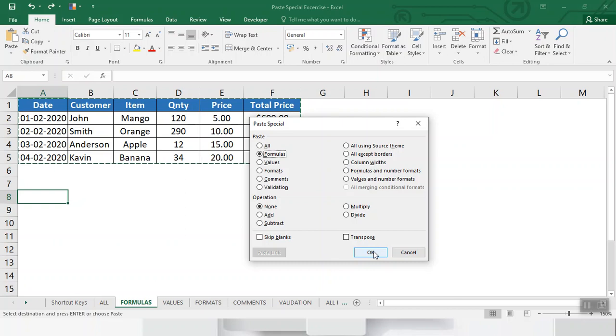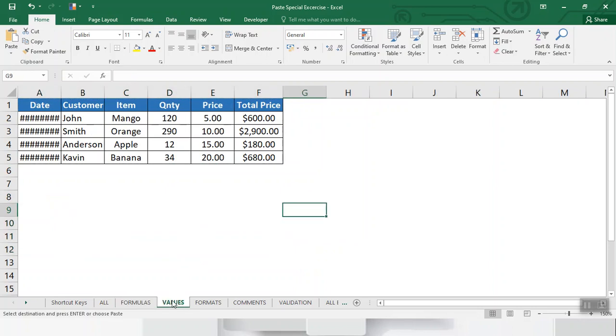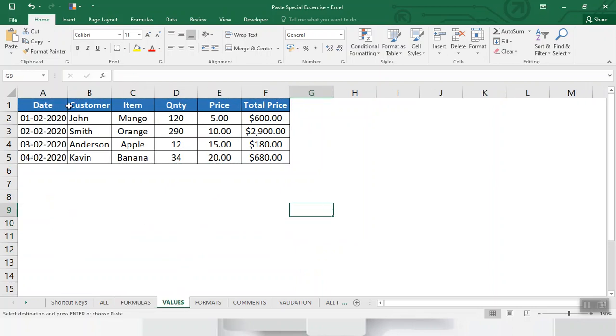It copied all the data with formulas except the formatting.